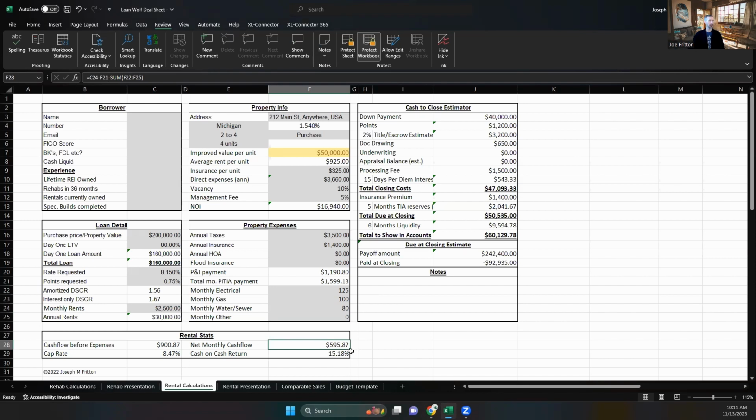Now this gives you the cash flow before the direct expenses, and then again, after the direct expenses. This is the real world money that you're putting in your pocket after paying the bills. It's giving you your cap rate, especially if we're talking about a multifamily property. Your cash on cash return